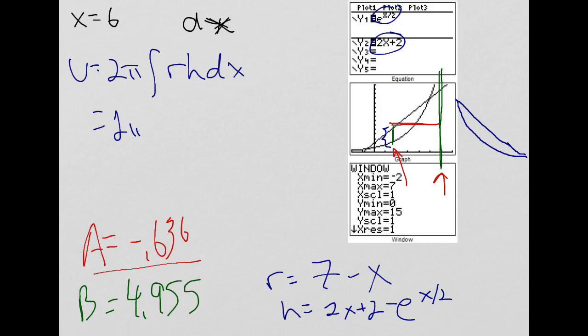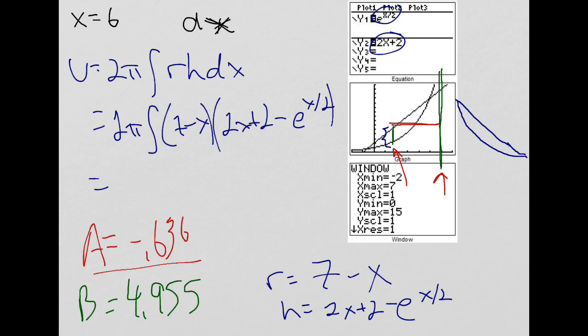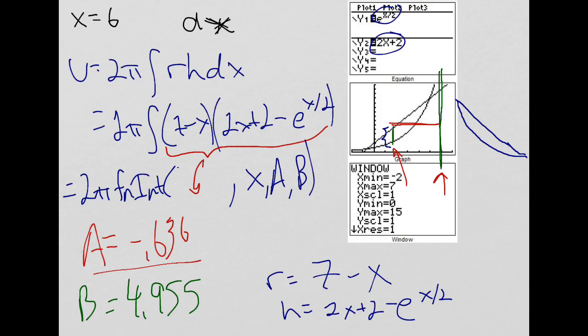Plug those in. 2 pi integral, open parentheses, 7 minus x, close, open, 2x plus 2 minus e to the x over 2, close. Do fnint. I wrote it out the way it would be in the more difficult version of the TI. So I take 2 pi, fnint is the integral. I didn't rewrite all this stuff, but you have to type all that in. You could do 7 minus x in parentheses times y2 minus y1 if you want, but it might be less work just to type this in. Comma, variable, which is x, comma a, which is stored in right here from the last one,